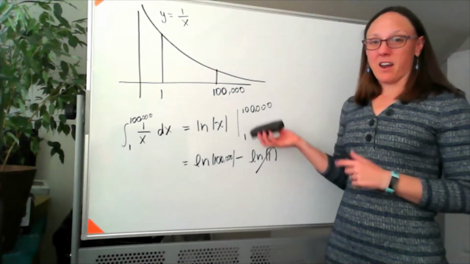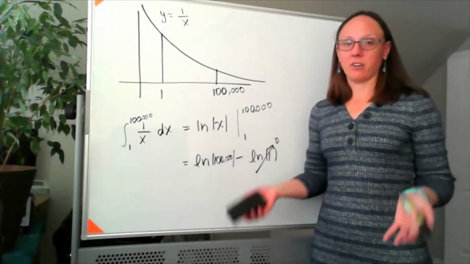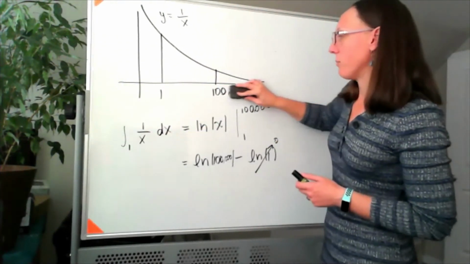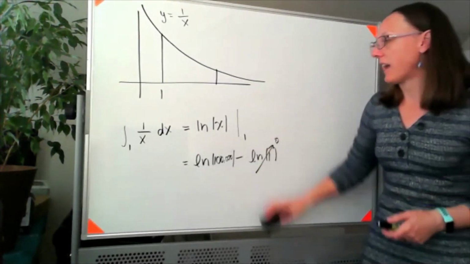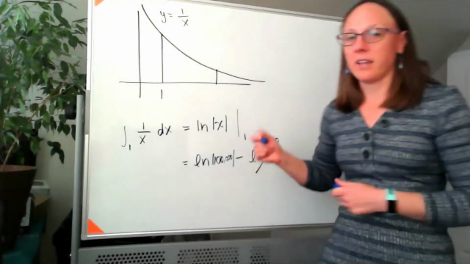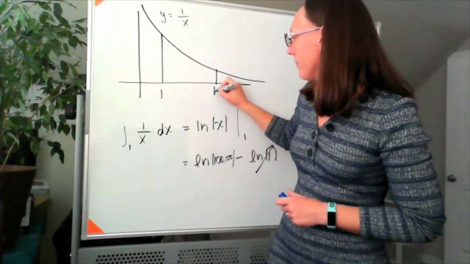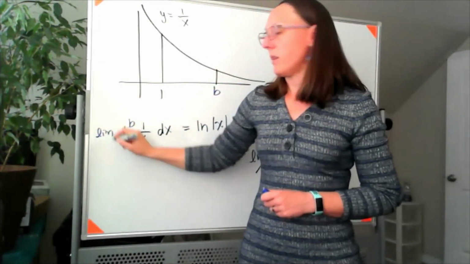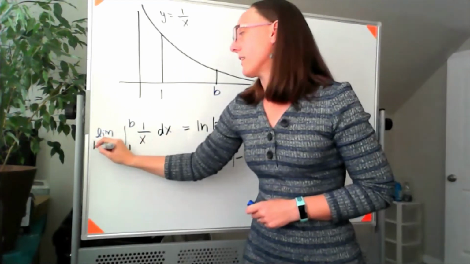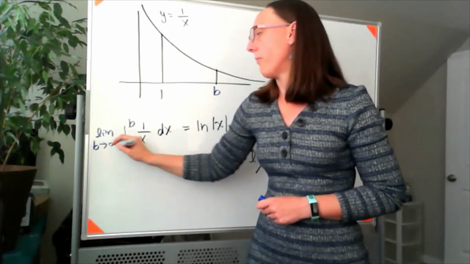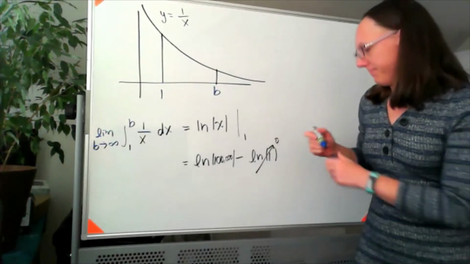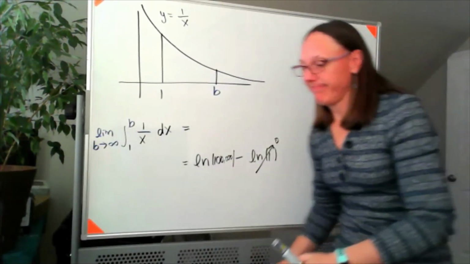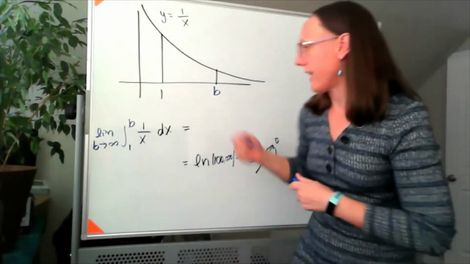Because infinity isn't a number to put as a limit in our definite integral, we employ a mathy trick that we've been employing since 17a, and that is pick a letter and then use a limit to push that letter where we want it to go. So this would become the limit as